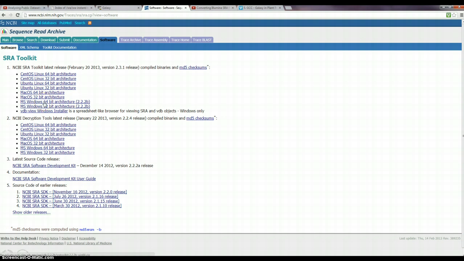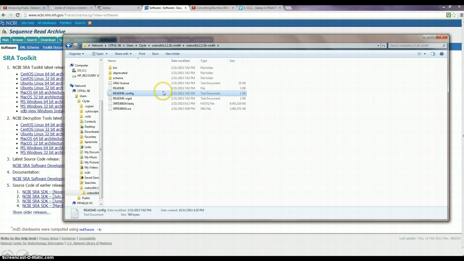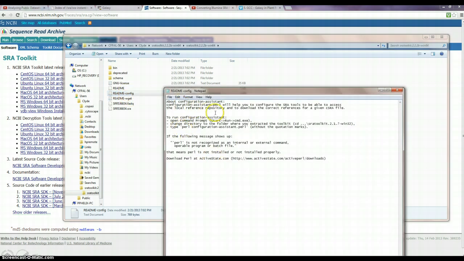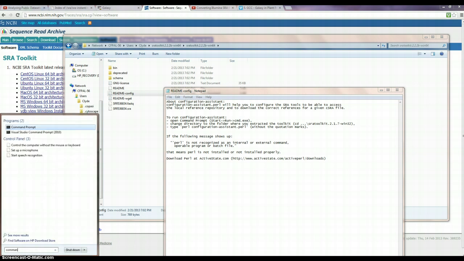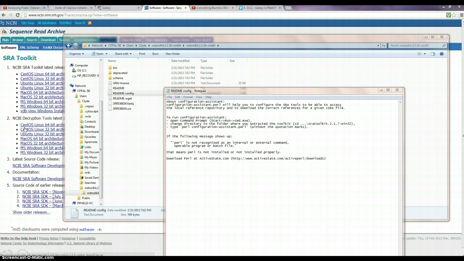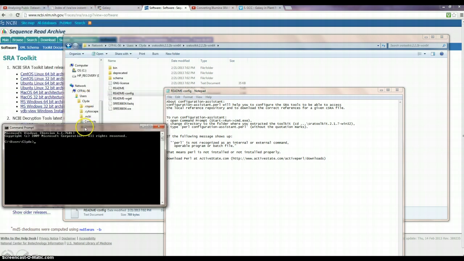You can't do anything except view it, but at least you can see what's in one of them. This one you have to install. Actually, it downloads as a zip, and then you unzip it. And that's where we'll go now, is the folder where it's unzipped. And so it ended up with double folders here, but anyway, this is where we were. And then I read this and followed these instructions. So we come over here and type in command, and then you can see the command prompt there. Opens this little window, and you see I'm in users Clyde,